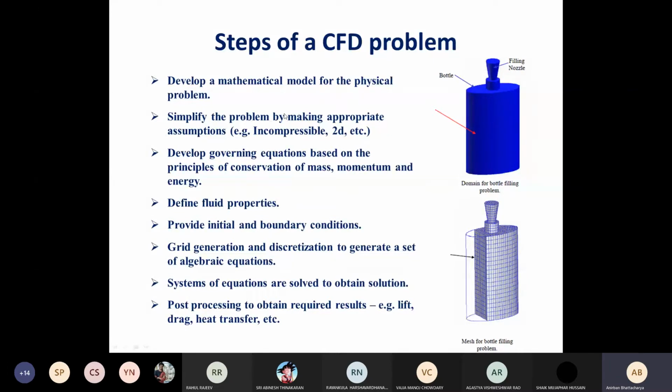So it can be, like, incompressible. In this case, it is 3D, but we can also take a 2D problem. Then setting up a mathematical model also involves setting up the domain. So for example, in this case, this is the domain. So we have to create the geometry for this, or we have to create it in another tool and bring it into our CFD solver. Okay. So basically we have to create the geometry for this.